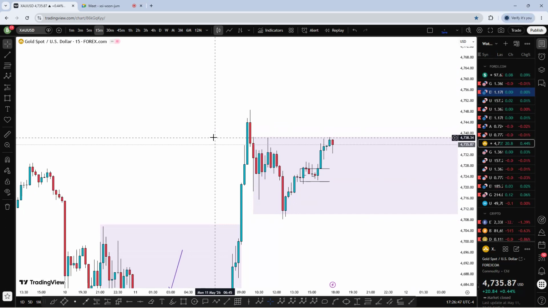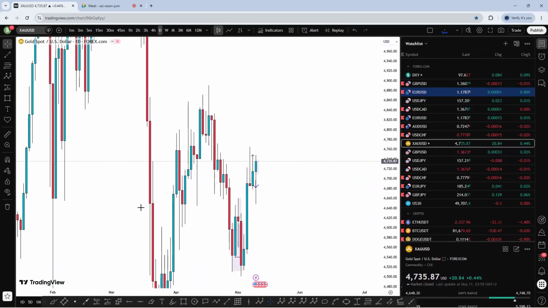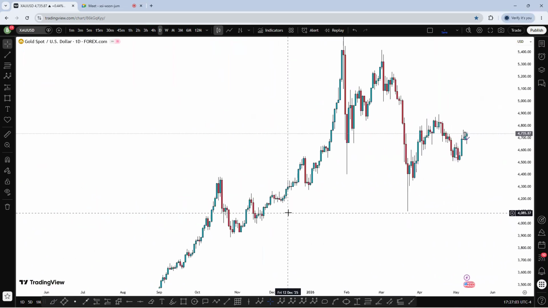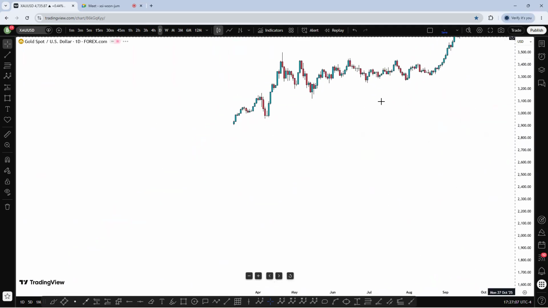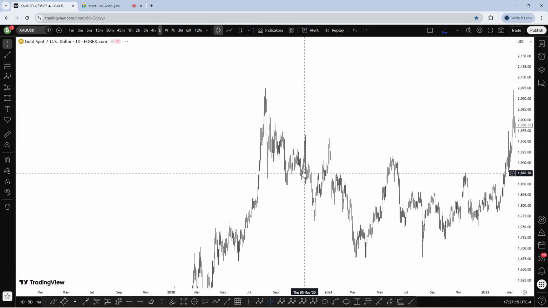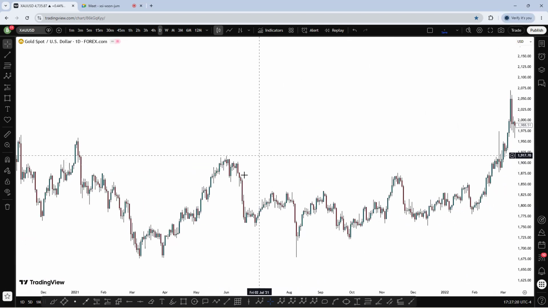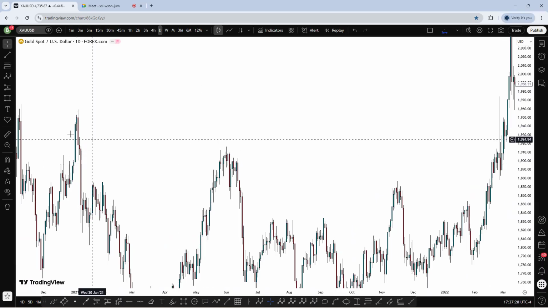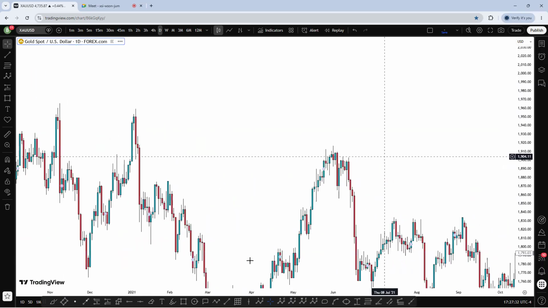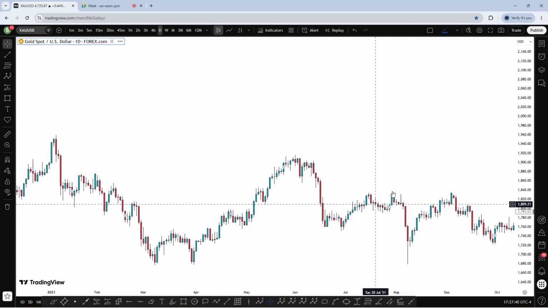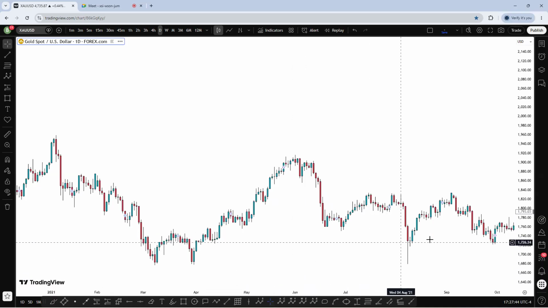So that's it. You may think it's basic, but if you go back in history and try to see what was happening, you will love that. Take it as a basic setup. Don't overcomplicate it, and then it will be much easier for you. Setups are everywhere here. Weekly zone, confirmation on daily. There is a weekly zone here. If you go to weekly, you can see that engulfing on a daily. This one is another daily zone. So it's all about taking it easy,